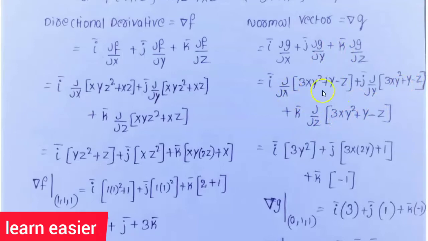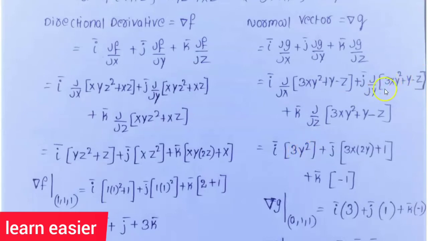So we have to differentiate this function with respect to x by taking y and z as constant. So this term contains x, and the derivative of x is 1. So 3 into 1 into y square is 3y square, and the remaining terms don't contain x, so they can be treated as constants. The derivative of a constant is 0. So finally we have 3y square plus 0, equal to only 3y square.